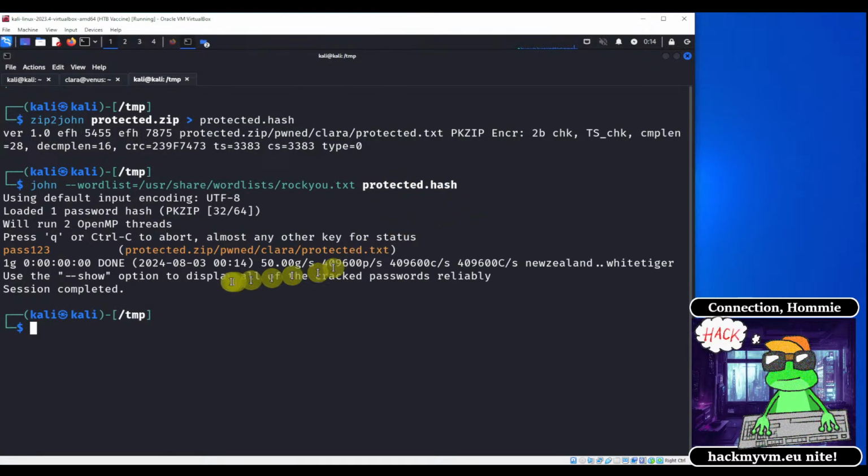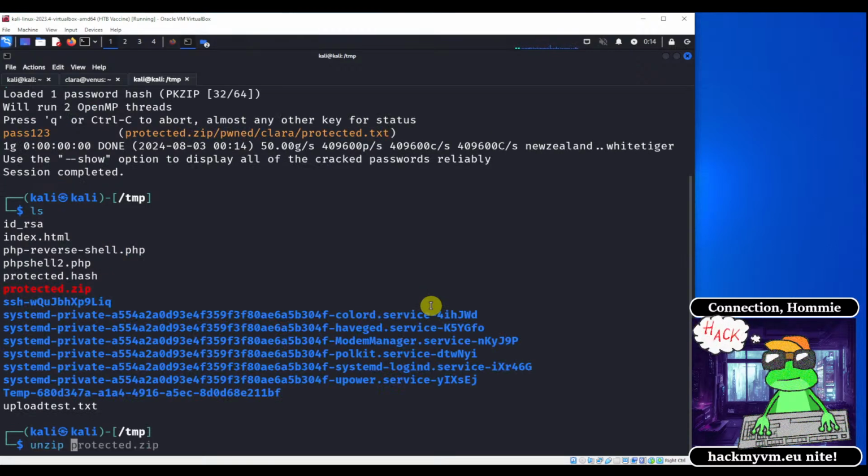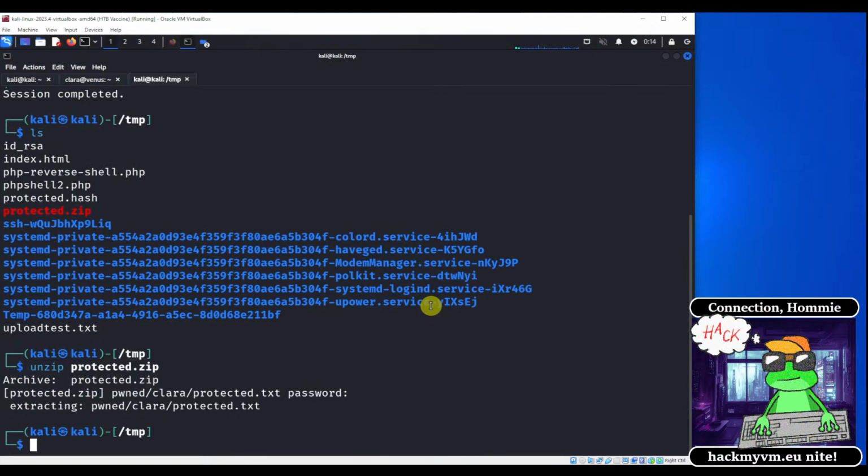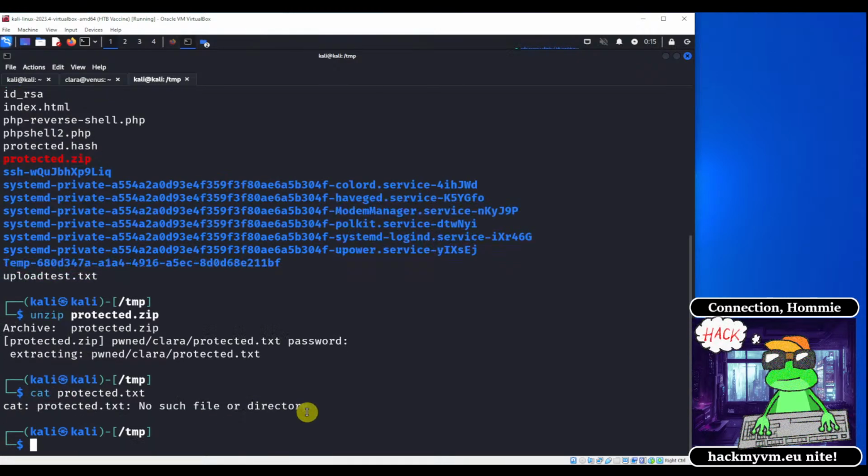It comes back very quickly, and it says that the password for this particular file is password123, and we can now try to unzip the file using the password we found. So unzip protected.zip, and it's going to ask for the password. We know the password is password123, and it extracted the protected.txt file. When we read that,